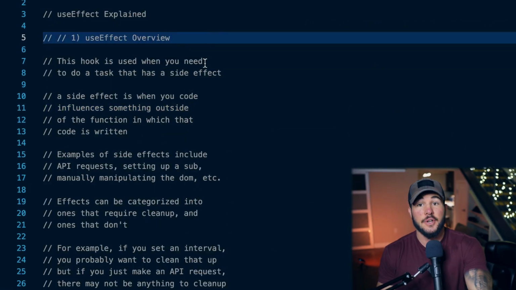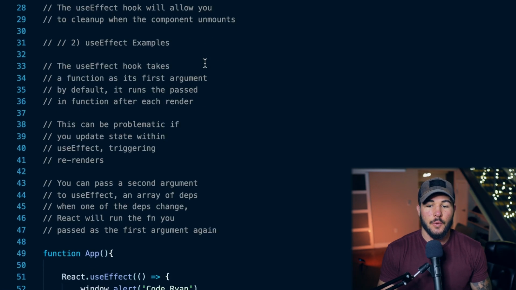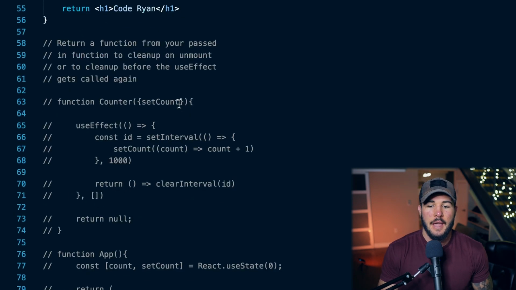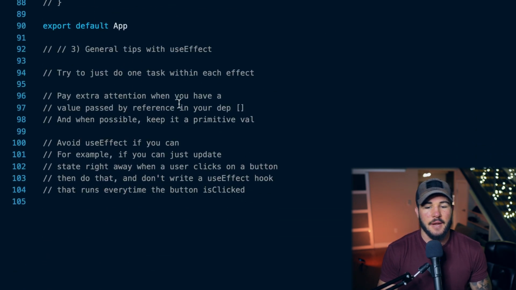In today's video, you're going to learn everything you need to know regarding the useEffect hook within React. We're first going to go over an explanation of what the useEffect hook is. Then we'll dive into some examples to make that explanation a little bit more clear. And then at the end, I will give you some overall general tips when working with the